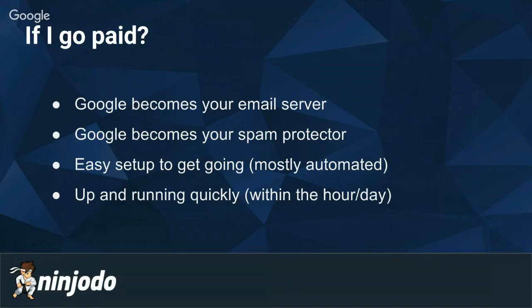So getting that stuff back quickly and without having to hunt around is a really, really powerful benefit as a small business owner. Second, you actually get Google becoming your spam protector. All of their advanced algorithms are then filtering all emails that come through to check for offers from money being deposited into your account from princes in Africa, all the way down to stupid emails that we get day